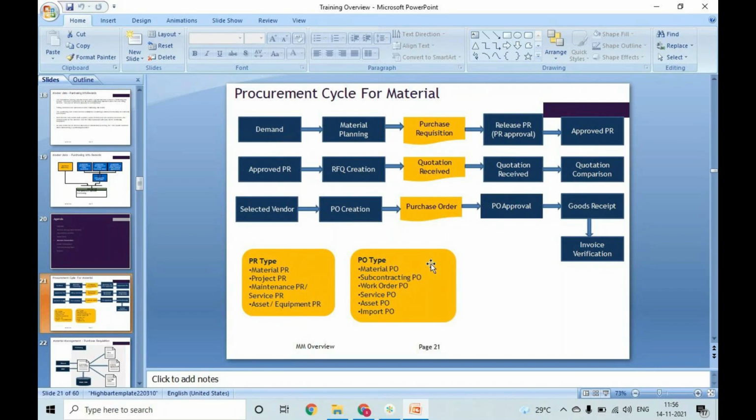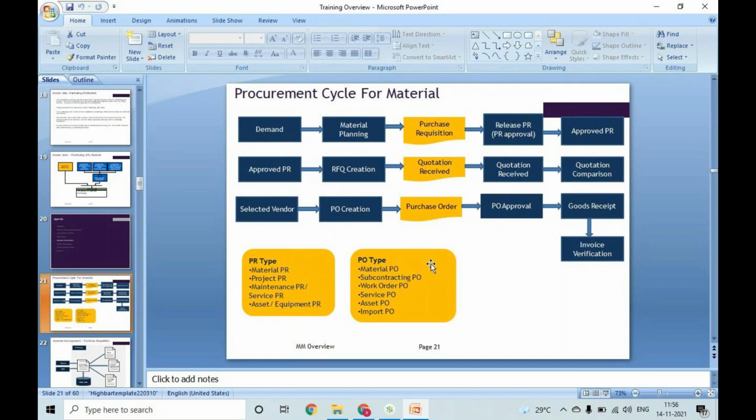Then the purchase department will check if there are any approved PRs. If there are, they will go for the quotations if it is first time procurement for that particular material. If it is a regular procurement of a material with the vendor, then they will simply create a PO. If it is being procured for the first time from a particular vendor, then they will raise the quotations.